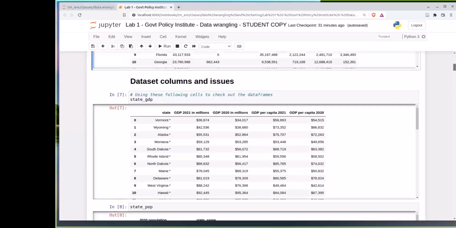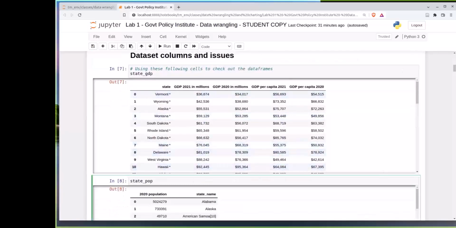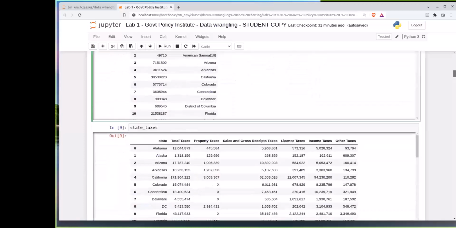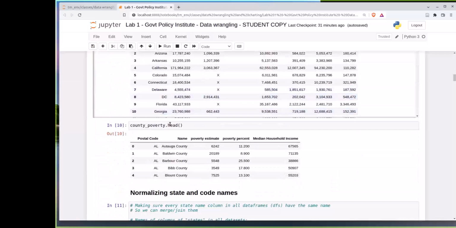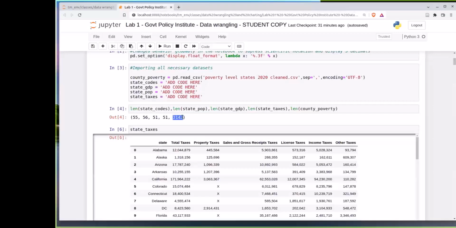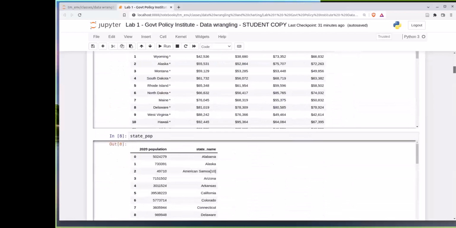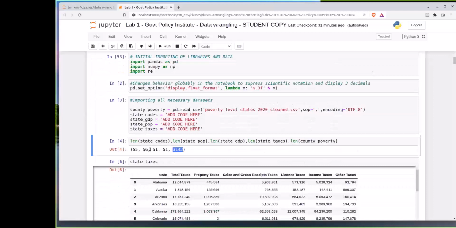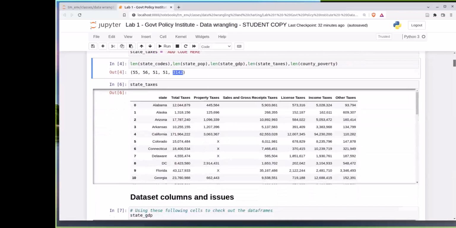Okay, so columns and issues. It's always good to take a look at the data as you go through it so you understand what's going on. County poverty: the poverty data is actually not by state, it's by county. Each row is a county, so the same state is represented multiple times because the unit of analysis here is a county, and each row is a distinct, unique county. This is why this one is much longer than the other ones we saw. It's 3,142 rows. The other ones are maybe 55 or 56 because these include other territories like American Samoa and some other places that are not